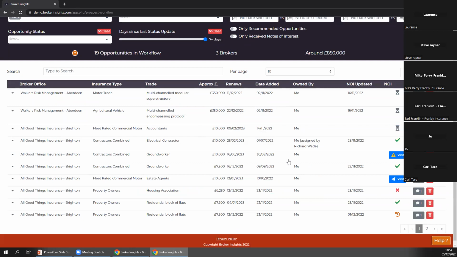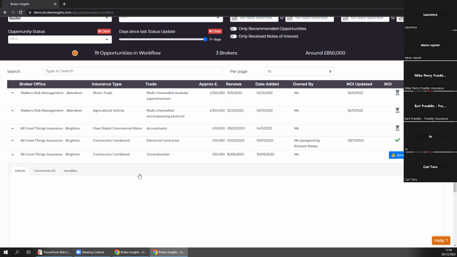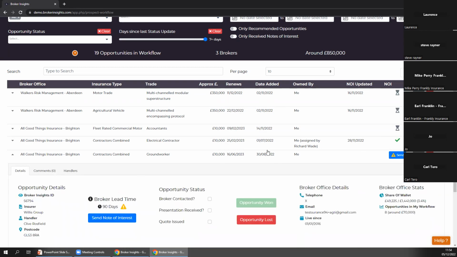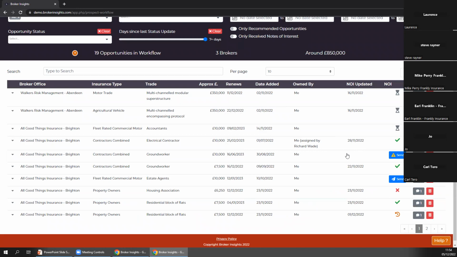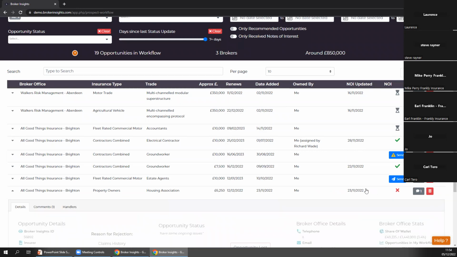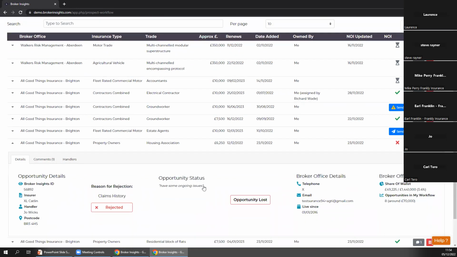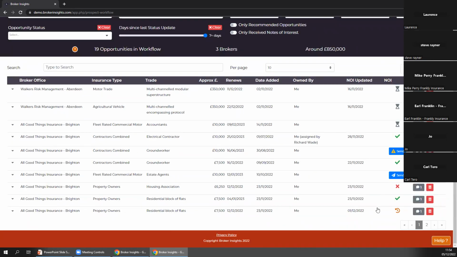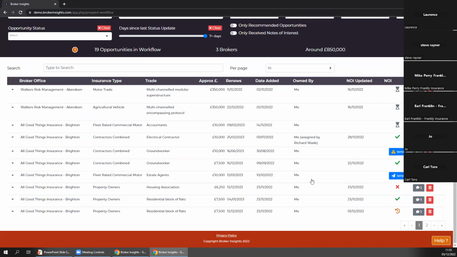Any cases that sit outside of your trade appetite, the insurers could still send you that note of interest, but they'll get a little warning triangle saying it's out of interest. You can still send it, but the broker may not see it straight away. Same one here as well. They get that note. If you reject any cases, they'll also get that feedback on here as to why it's been rejected. And much like yourselves, if you use that under review option, they'll get a little orange clock face saying, yep, the broker is not happy to talk about it just yet, but we'll get back to you.